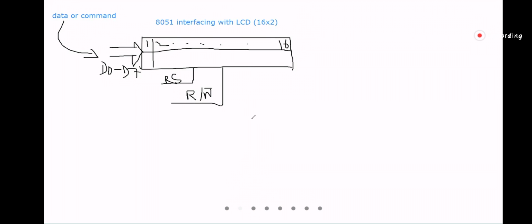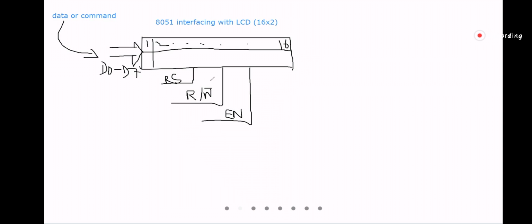And one is the enable pin. So there are 3 pins for controlling purpose. One is for register select, one is for read and write purpose, and one is enable, to latch the information.